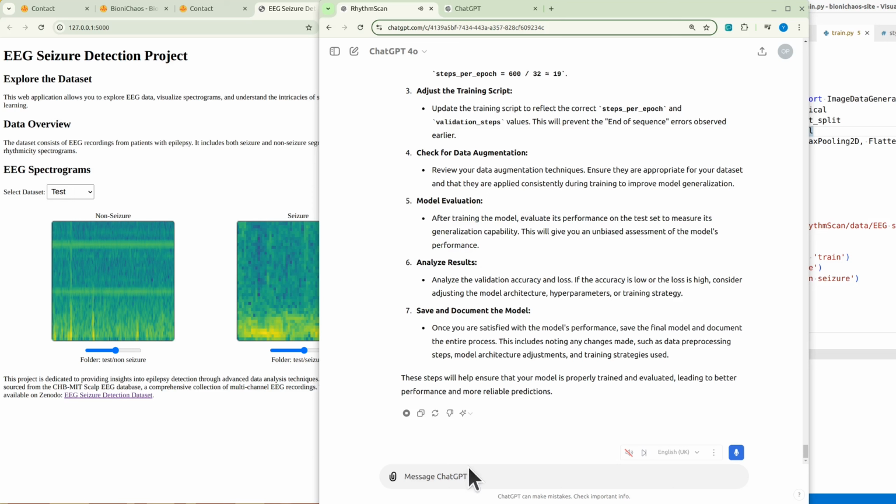6. Analyze results. Analyze the validation accuracy and loss. If the accuracy is low or the loss is high, consider adjusting the model architecture, hyperparameters, or training strategy. 7. Save and document the model. Once you are satisfied with the model's performance, save the final model and document the entire process. This includes noting any changes made, such as data preprocessing steps, model architecture adjustments, and training strategies used. These steps will help ensure that your model is properly trained and evaluated, leading to better performance and more reliable